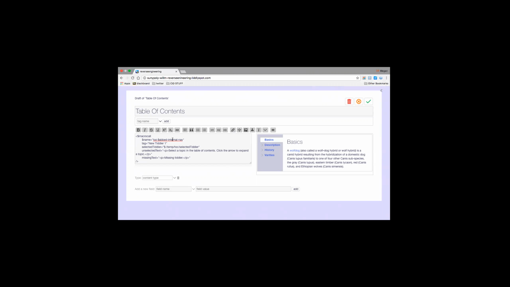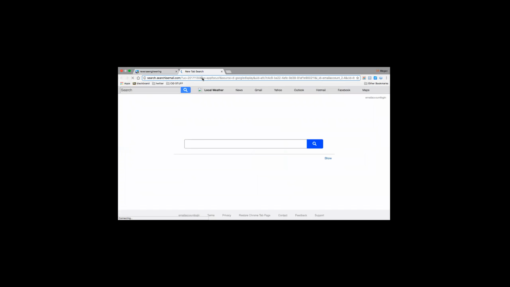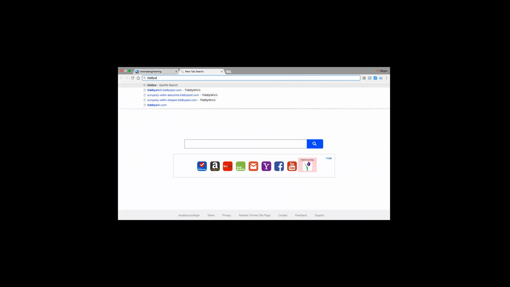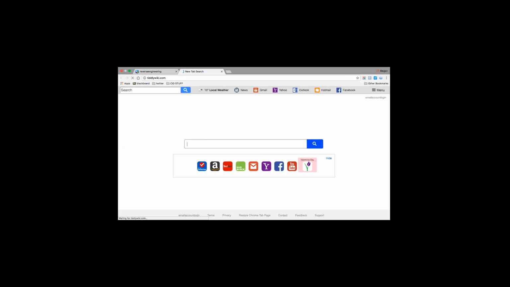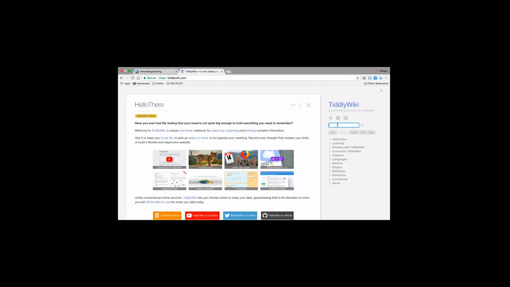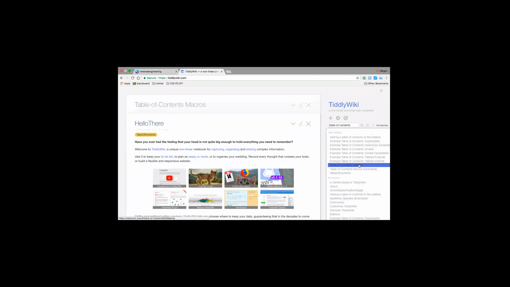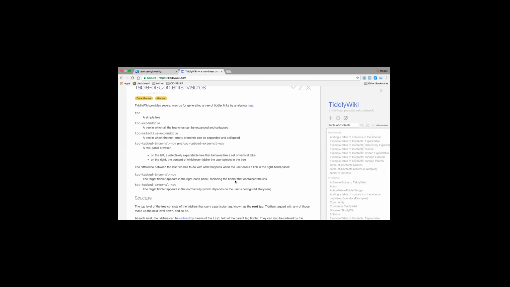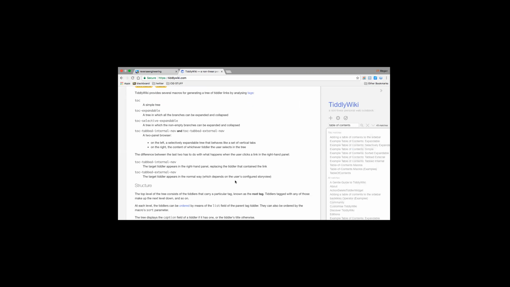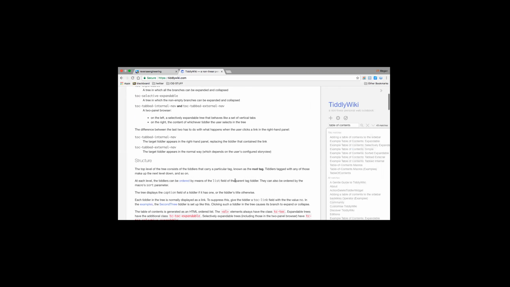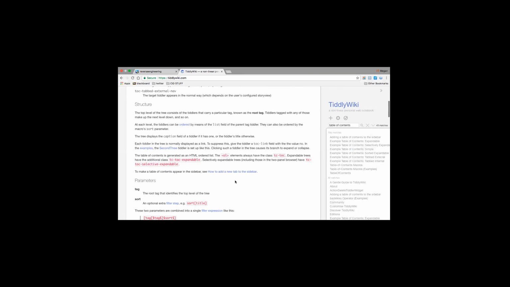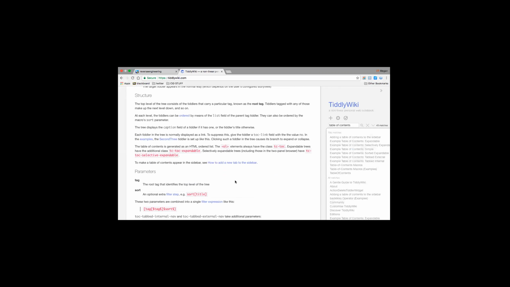Go to tiddlywiki.com and look for the TOC macros. Table of contents, actually, yes. And structure, do they even give you an option? Tag, sort.